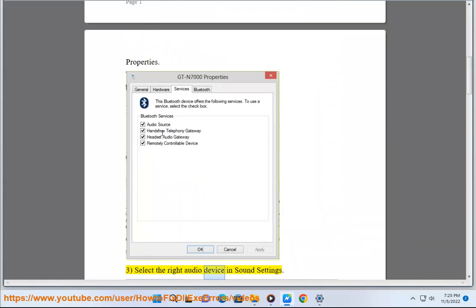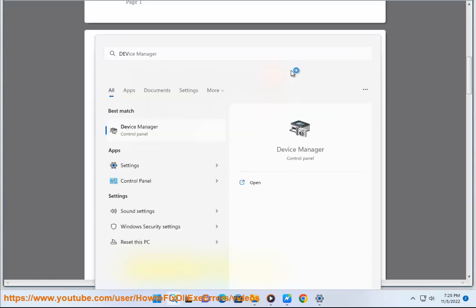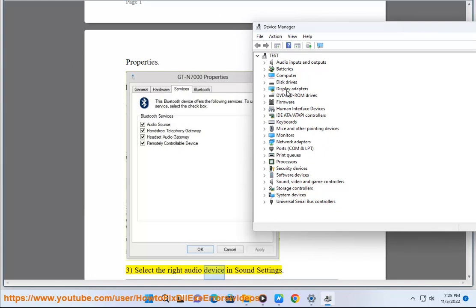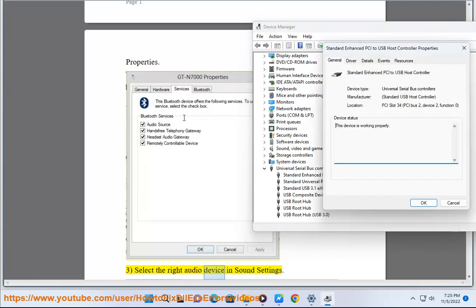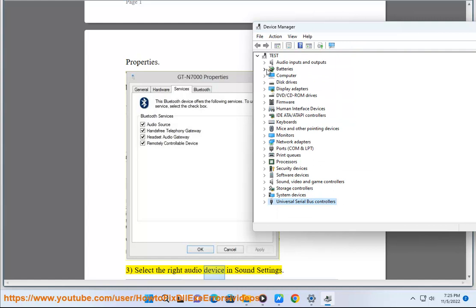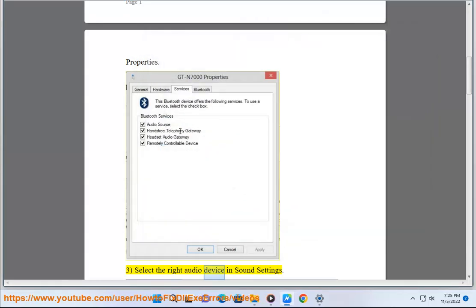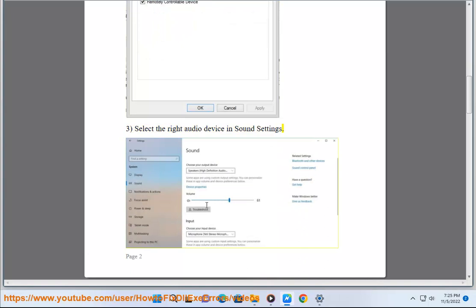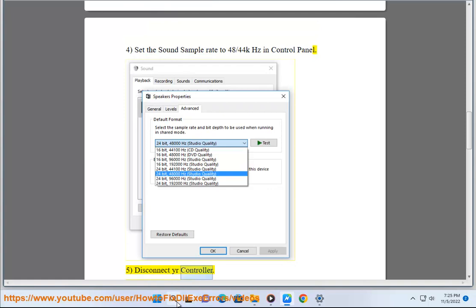3. Select the right audio device in sound settings. 4. Set the sound sample rate to 48/44 kHz in control panel. 5. Disconnect ear